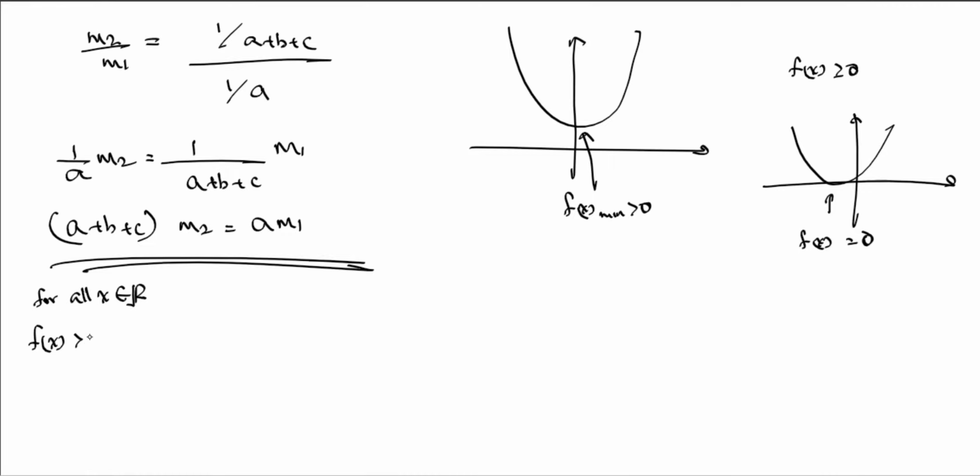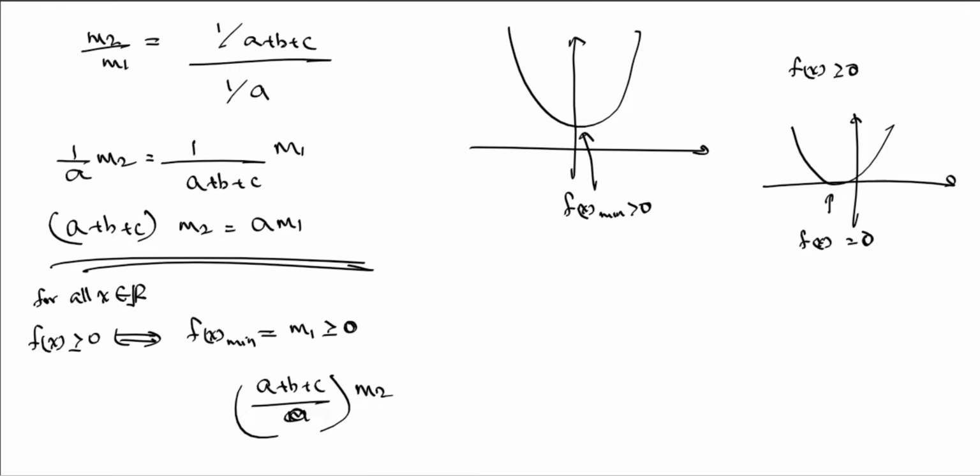f(x) will be greater than 0 if and only if f(x) minimum, which is m1, is greater than 0. Now m1, we can write it as this. If you subject m1 here, it is (a plus b plus c) divided by a, m2 is greater than or equal to 0. Now this implies that,